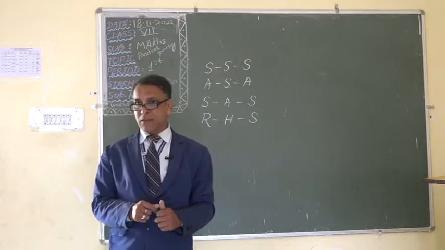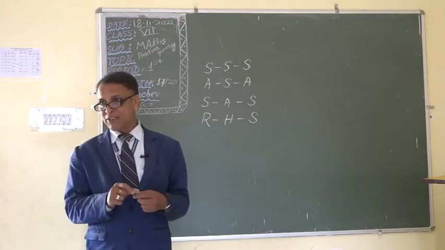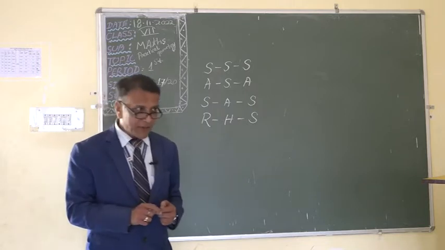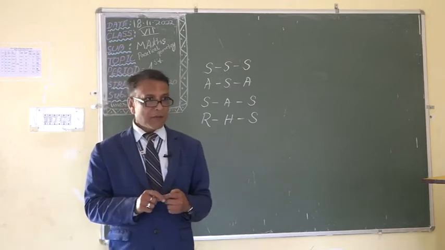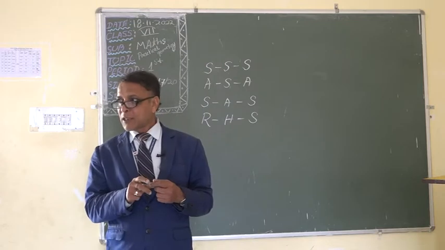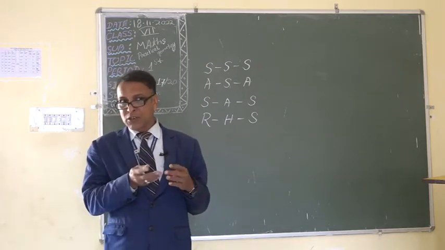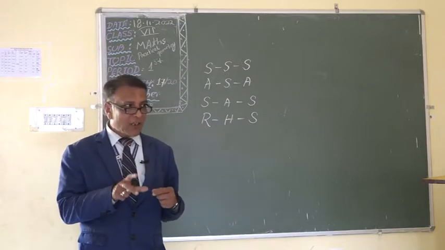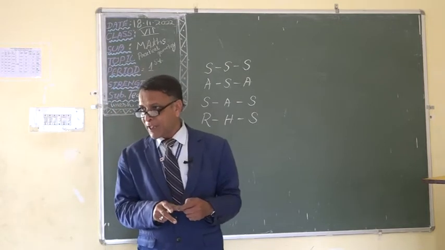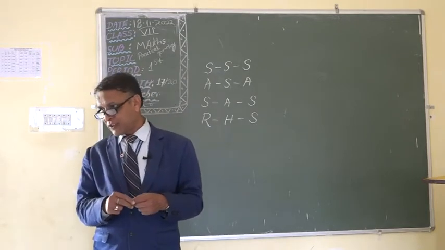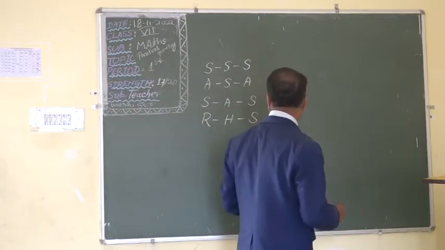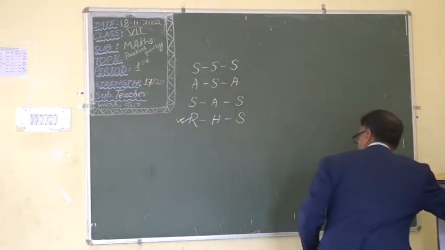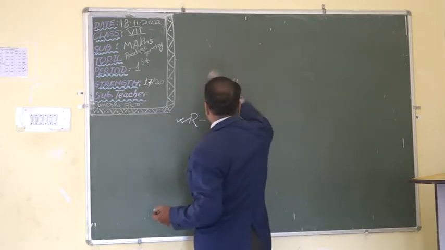Before any construction, what did I tell you should be drawn first? Very good. A rough diagram must be drawn before any construction of a triangle. Why? Because from that rough diagram, we can get the idea of which one will be taken as the base, what the base angles will be, all these ideas we can get from the rough diagram. Then we can proceed with the construction. So today I am giving one question for this property, because the other three are already done. I am giving a question and I am also doing it.